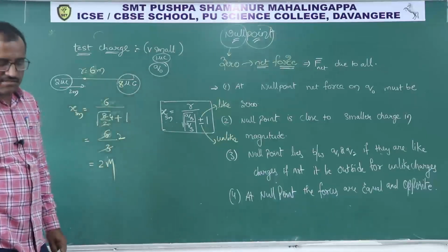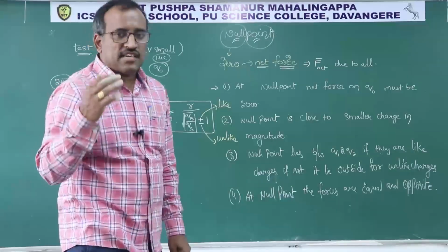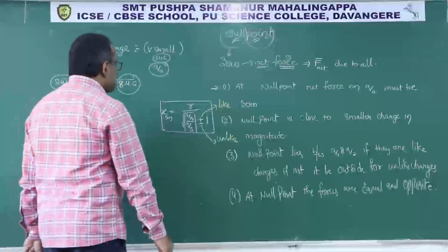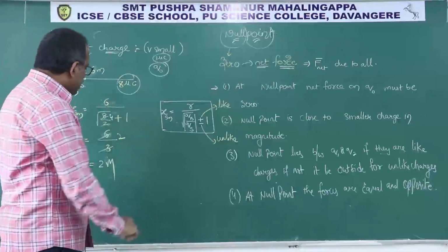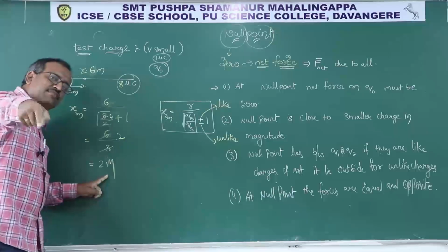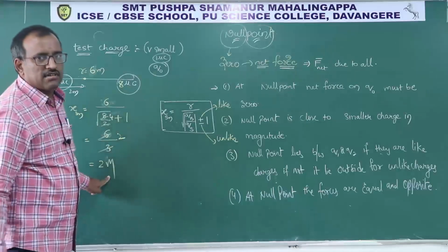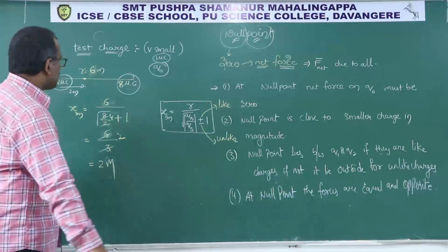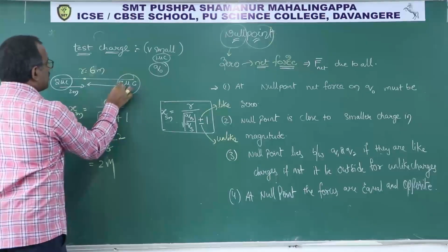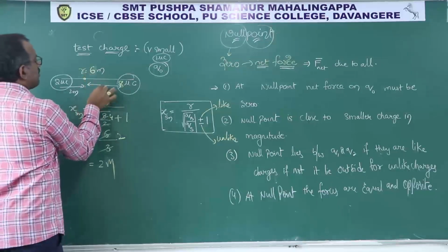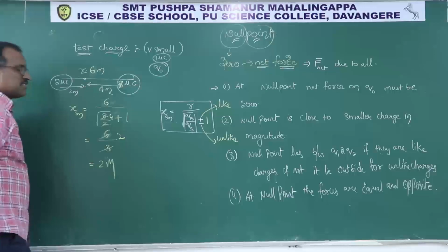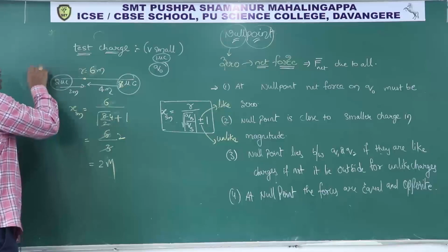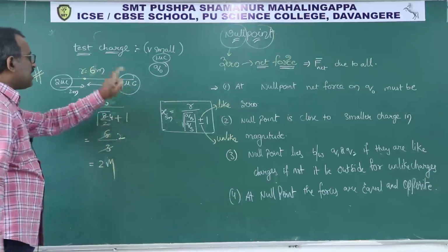But there was a question in the last line: find the null point from the bigger charge. But students won't see that in the exam. They will hurry, and the first option they will be tempted by is 2 meters, they will click it. Minus 1, mind it, minus 1 will come. So let us see here from the bigger one. If this is 2 and the total is 6, obviously this will be 4 meters. That's all.